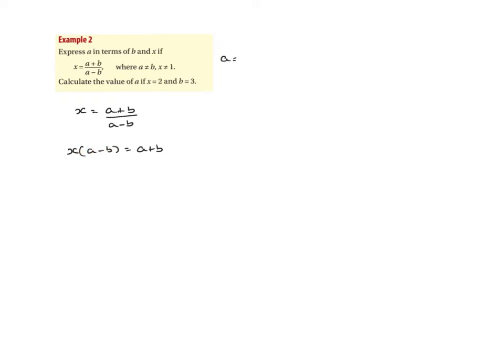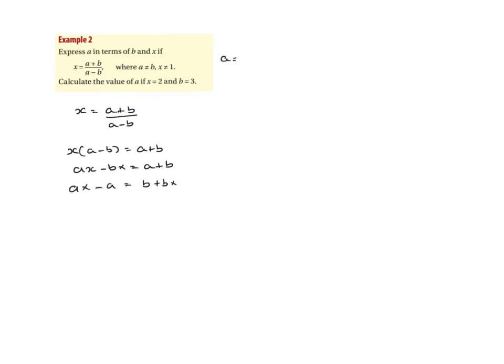Okay, and that then will give me ax minus bx is equal to a plus b. I want to try and get a on both sides. You can see I have a here on the left hand side and I have a here on the right hand side. What I want is I want them both on one side. So what I'm going to do is take this one across to the left, and I'm going to take this one across to the right because I don't want anything that doesn't have an a on this side. So if I do that, I'm going to get ax minus a is equal to b